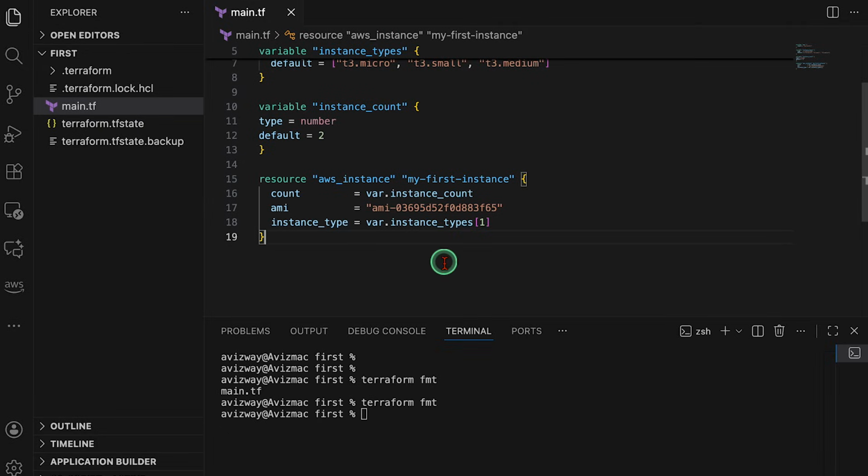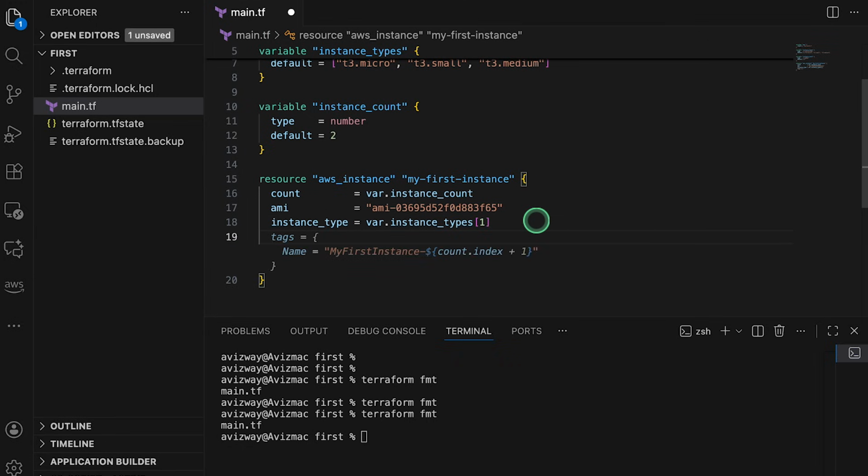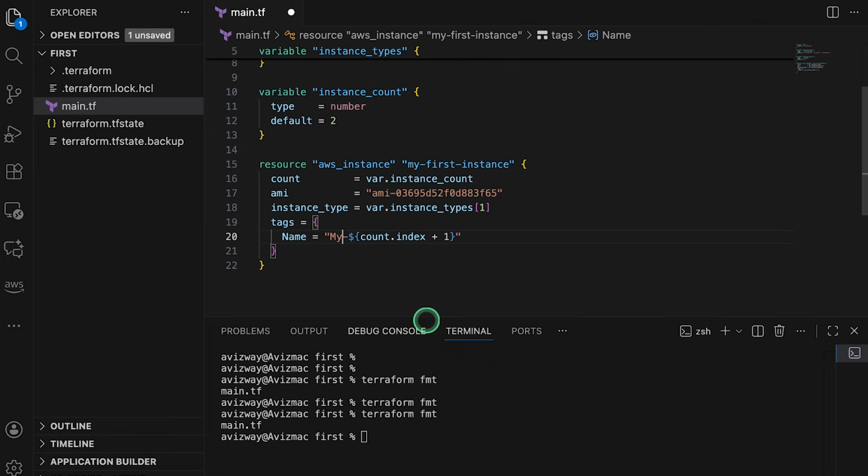Okay, I'm just overriding the existing one, right. So there is no issue with this, so we have formatted it. Now what we can do is even add tags, and however we are creating multiple, right. So we can use that count.index, the one we discussed earlier. So we can give, okay, this is my